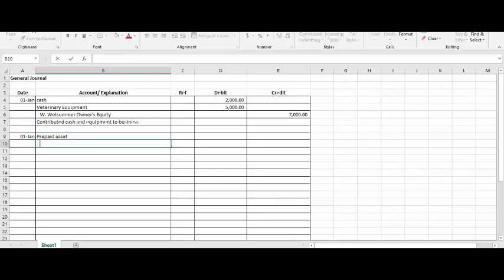And we paid cash, so once again, if you remember cash, it's going to decrease if there's a credit entry, so our cash has to be the credit. And rather than prepaid asset, let's call this prepaid insurance. And for our description, we'll write purchased malpractice insurance